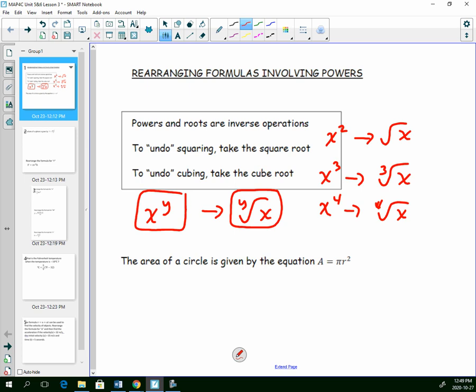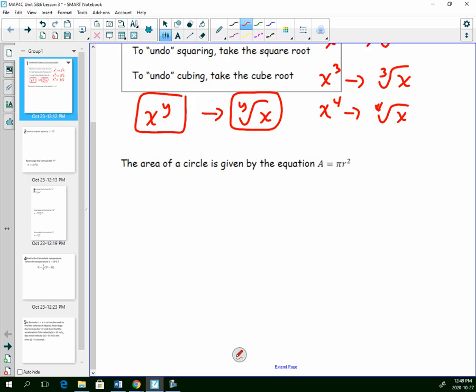Okay, so for example, we have a formula here for area of a circle, which is pi r squared, and we want to isolate for the letter or the variable r. So remember we did two methods. We did sort of a flow chart, or we did it algebraically. So if I wanted to solve by a flow chart,